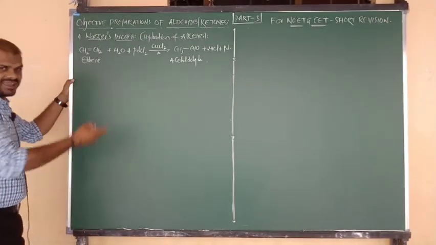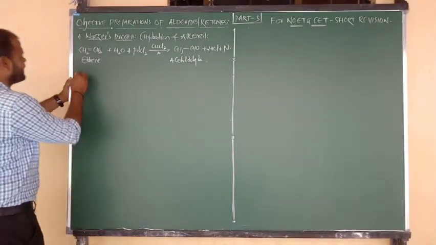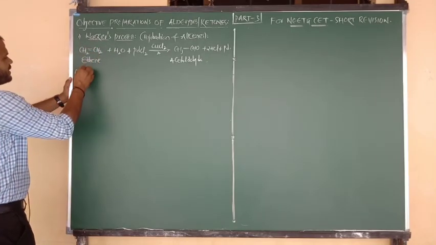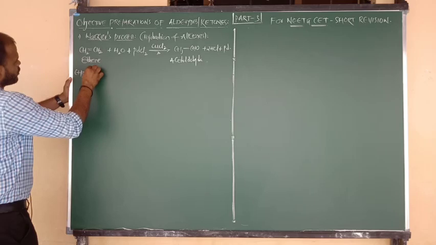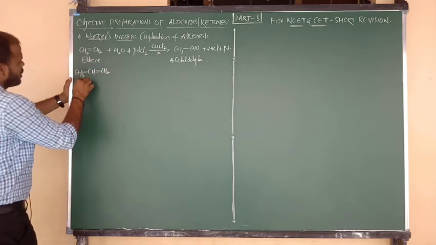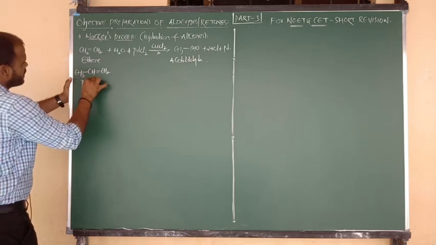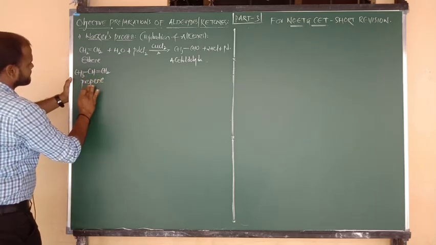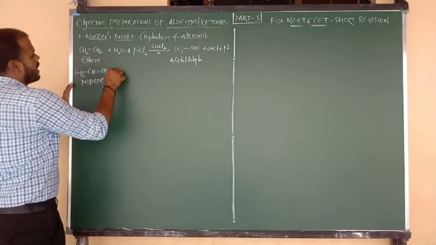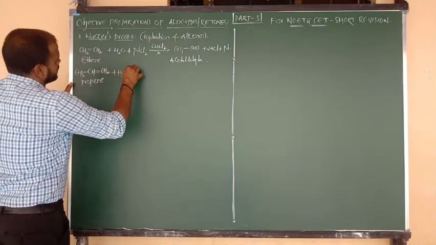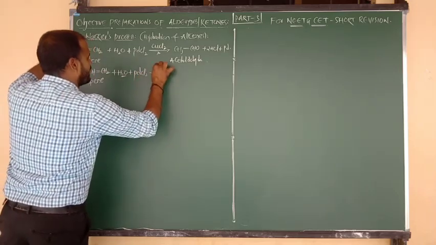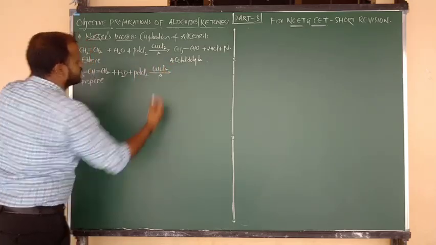Let me consider now one unsymmetrical alkene. Unsymmetrical alkene is, as you know very well, propene, CH3 CH double bond CH2. What is the name of this compound? Propene. Propene undergoes the same hydrolysis by using palladium chloride and also cupric chloride, CuCl2.